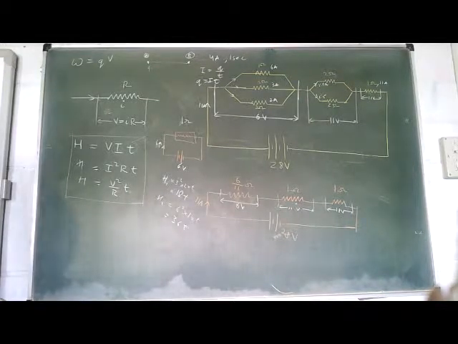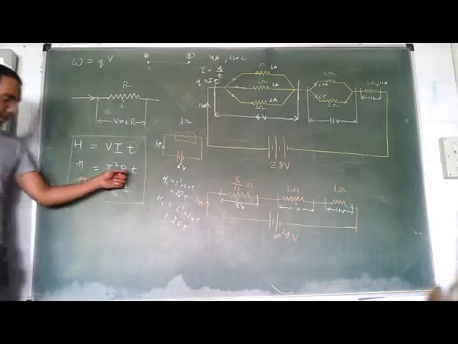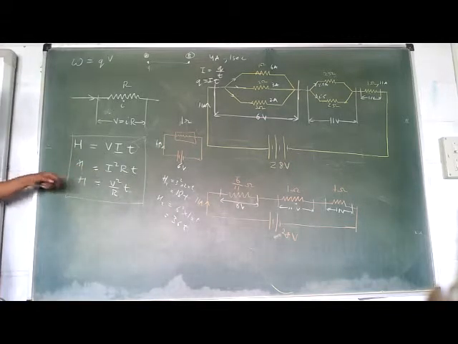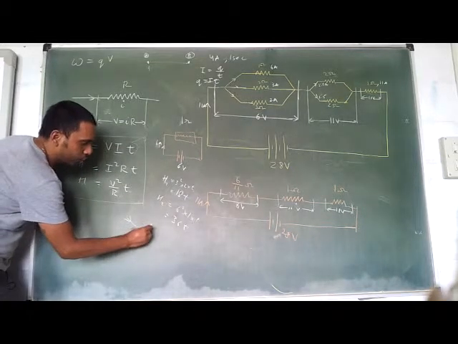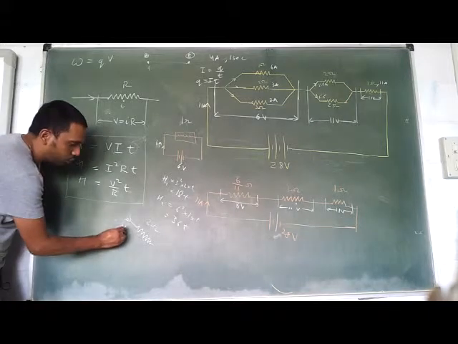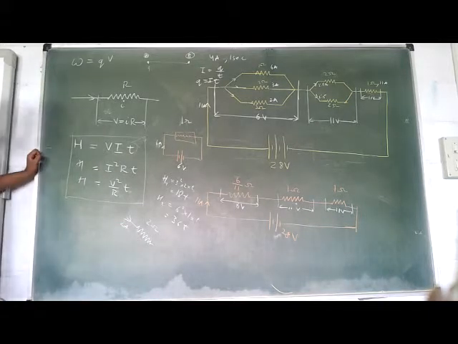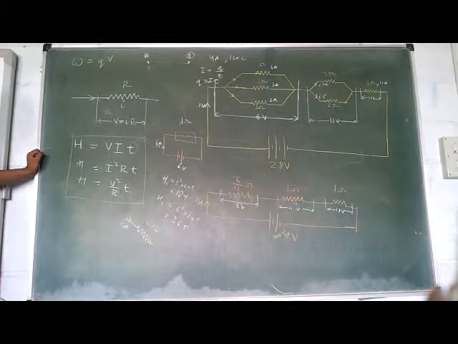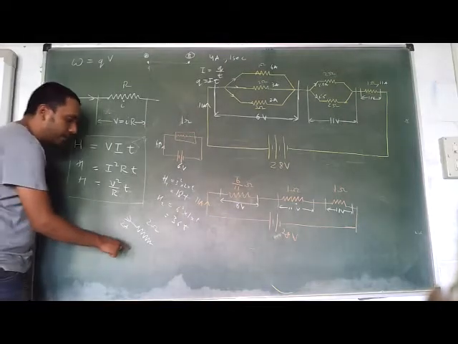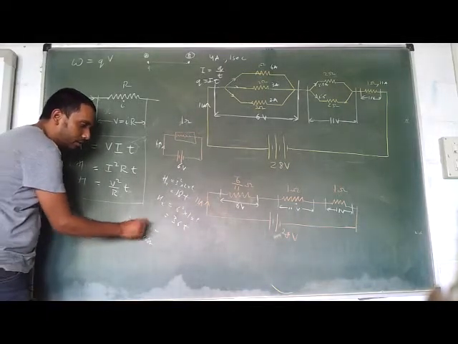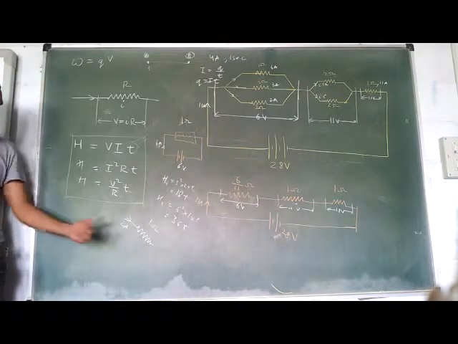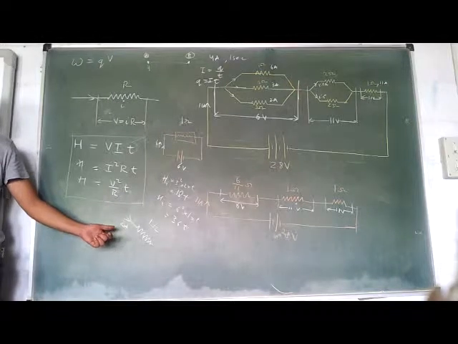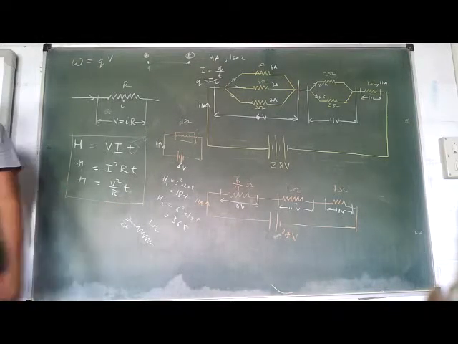Get the point? Now, if I study this formula, then what is happening in this formula? Same example if I take, there is a 2 ohm resistance and say 2 amperes is flowing through it. How much is the heat generated? 2 square into 2. How much is that? 8 into T, right? And if I say that same current is flowing and I reduce the resistance to 1 ohm, then how much is it? 4. So obviously when the current is constant, then more is the resistance, more is the heat, less is the resistance, less is the heat.